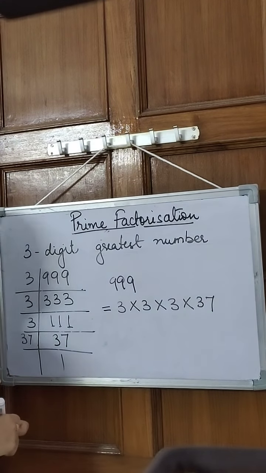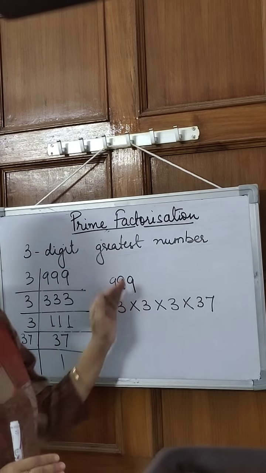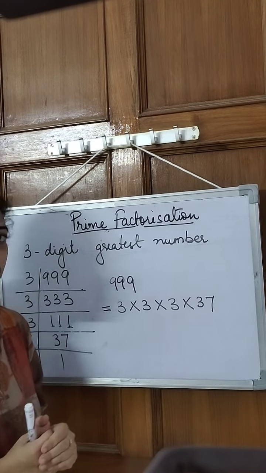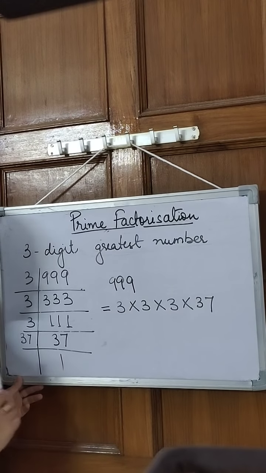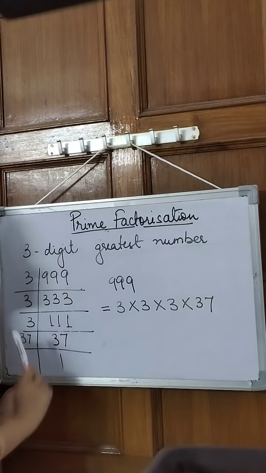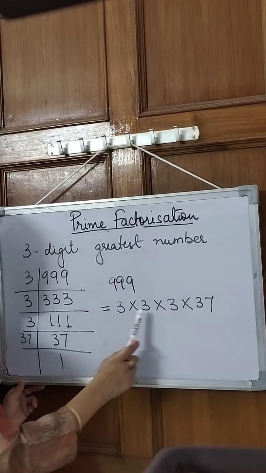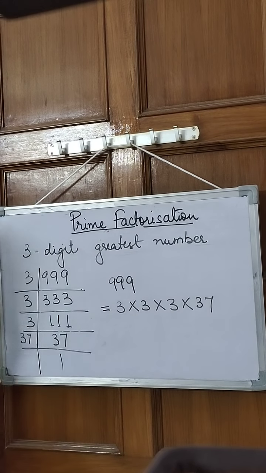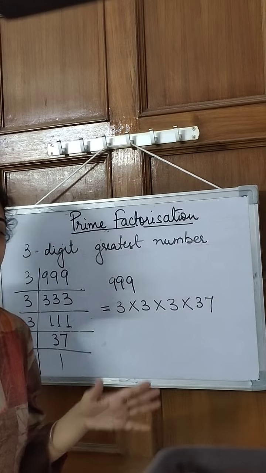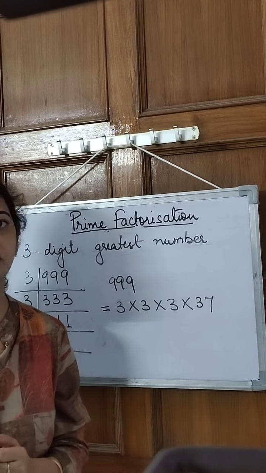Okay. So I hope this prime factorization method is clear to you. It's a simple method of division, dividing the numbers. And then what you should get is 1 at the end. This is very important, that you should either be left with a prime number or you should get 1. Then you can say that you have completely prime factorized the number, and the answer can be written in this form as the product of prime factors, and this is called prime factorization of the number. With the help of this prime factorization method, we can find out the highest common factor or the least common multiple of numbers.